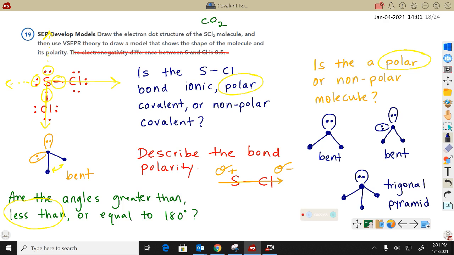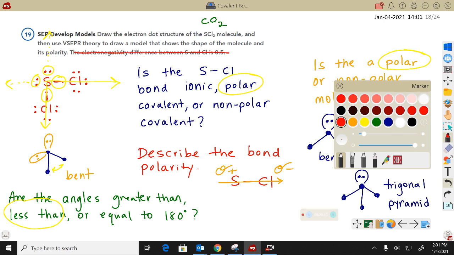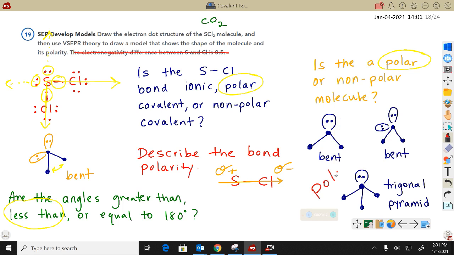Look at these 3 structures. And what do you see that is common about all of the 3? Are you thinking in your head lone pairs? Yes. All of these structures are polar. These are the polar molecules. Where can I write that? Polar molecules. These are the polar shapes. So if you draw your initial structure and it comes out to be bent or trigonal pyramid, it's a polar